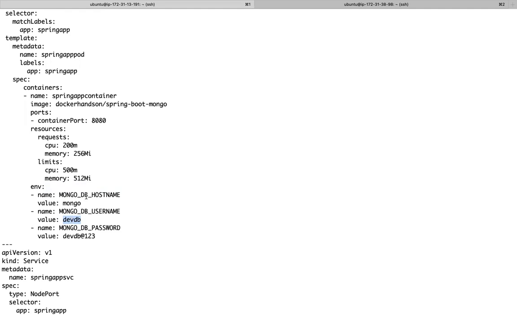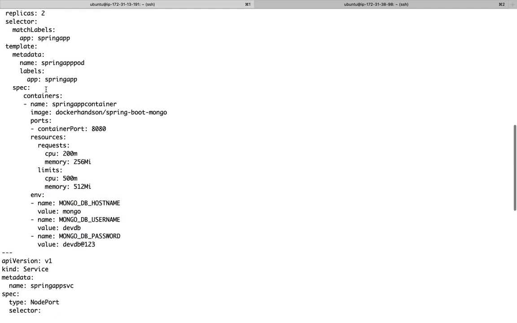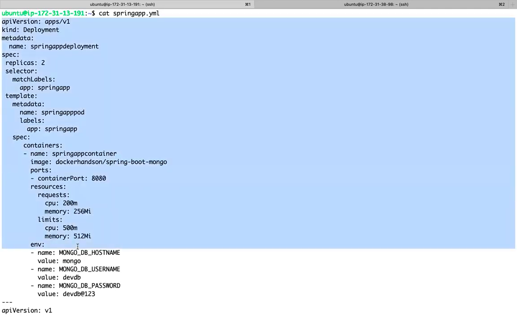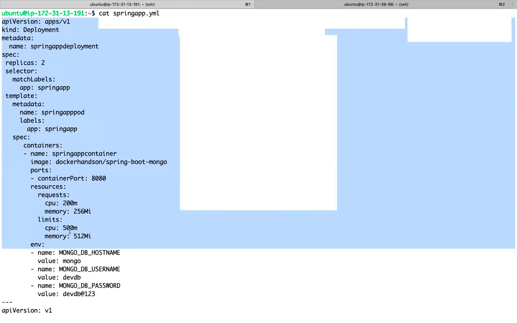And what is one more problem? We will maintain this manifest, which is also our source code, in a version control system. What is the problem if I maintain it in the version control system?